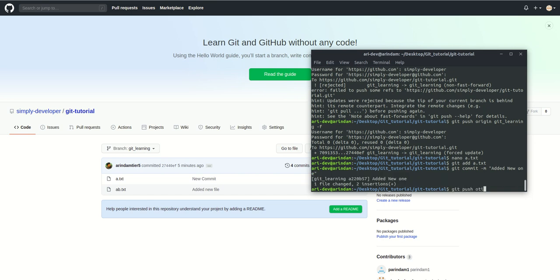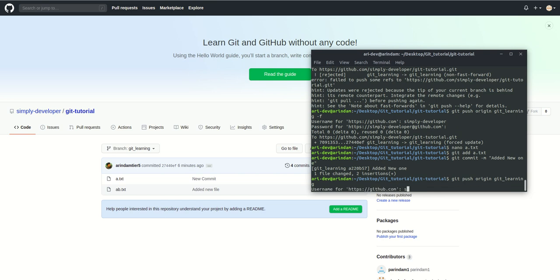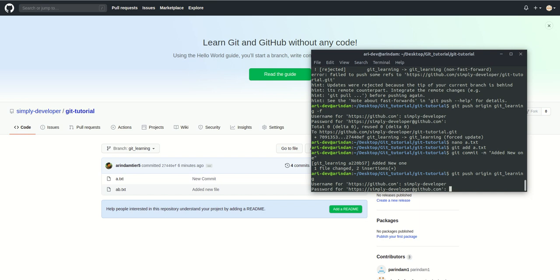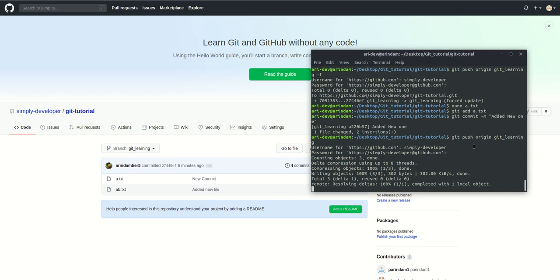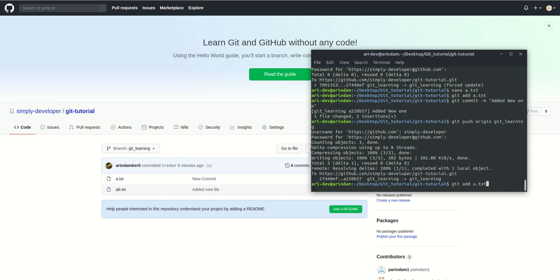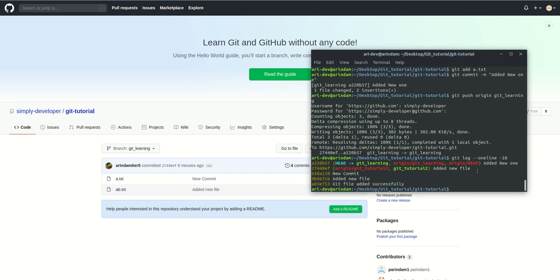Git push origin git learning. So check that git log. In that git log the last commit is "added new one", okay.